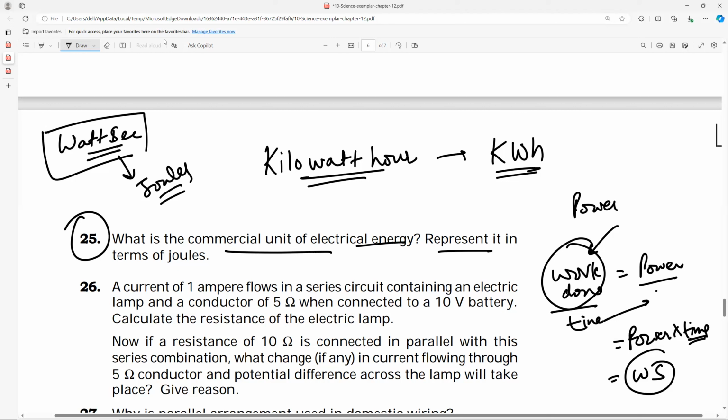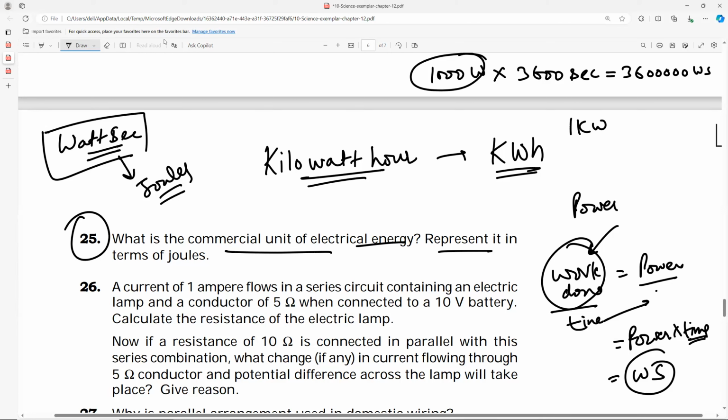So if we multiply this watt by 1000, it becomes kilowatt, and take time in hours. So 1000 watt and 3600 seconds, when you take this as a single unit, you can write it as 1 kilowatt